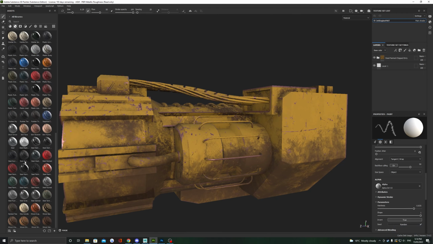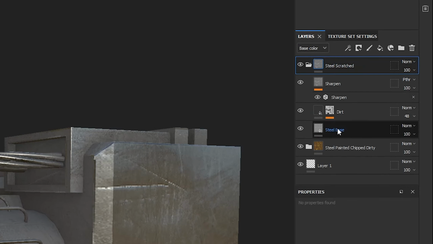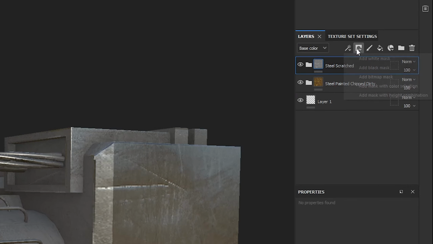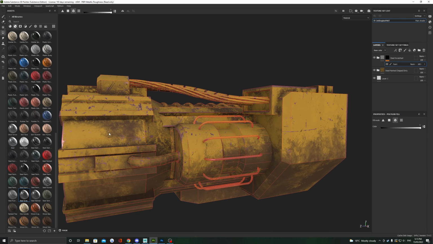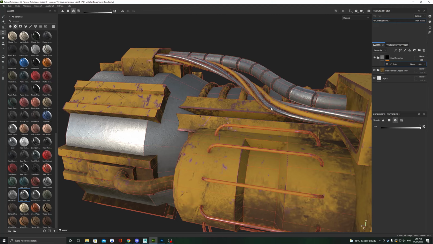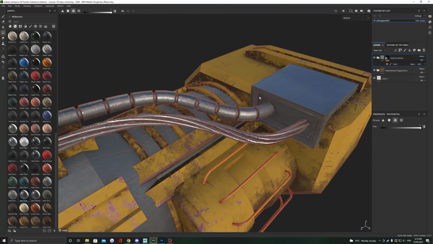Of course, this is where we have the option to either add a material, smart material, or just a basic fill layer. Let's add a new smart material just to see that we can easily add that on top, then mask out a few areas to have just this new one. Even with just 2 smart materials stacked here, you can really start to see how quick and easy this texturing